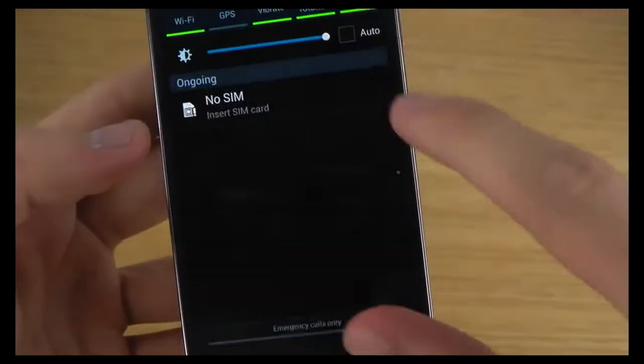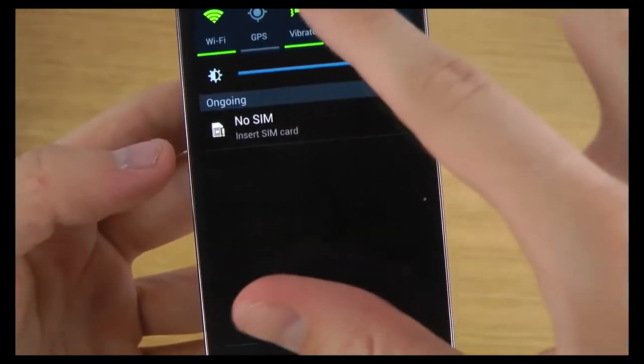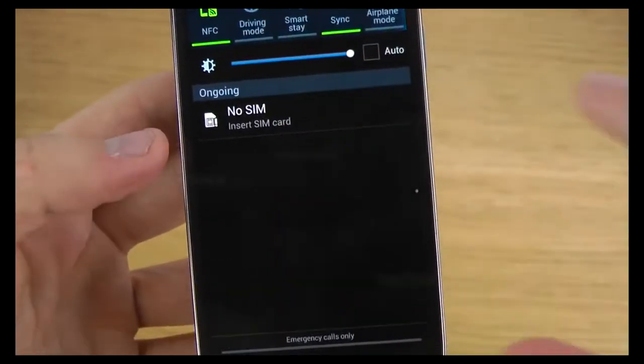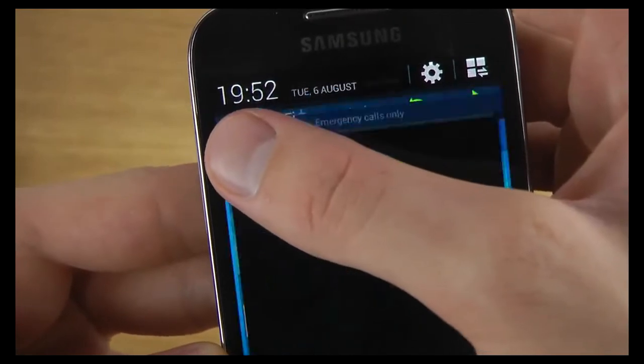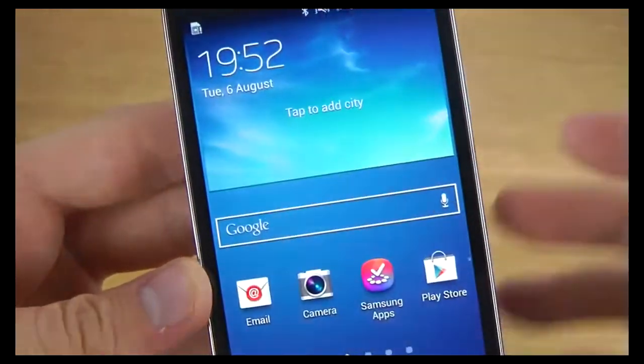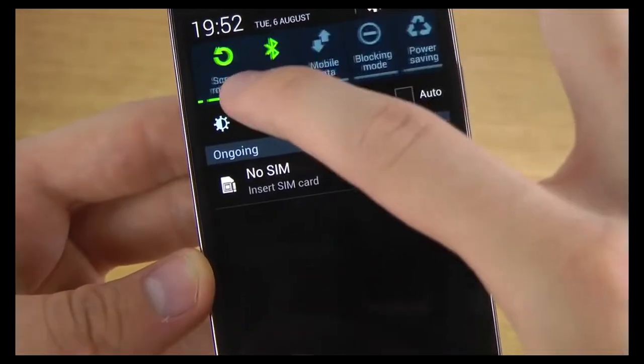If you continue on here with some other useful ones, of course we have these obvious ones like screen rotation, vibrate, Wi-Fi, etc. One tip here also is if you want to go into the settings, you can just hold in on the icon and you immediately will be brought into that place. So it works also here with, let's say,